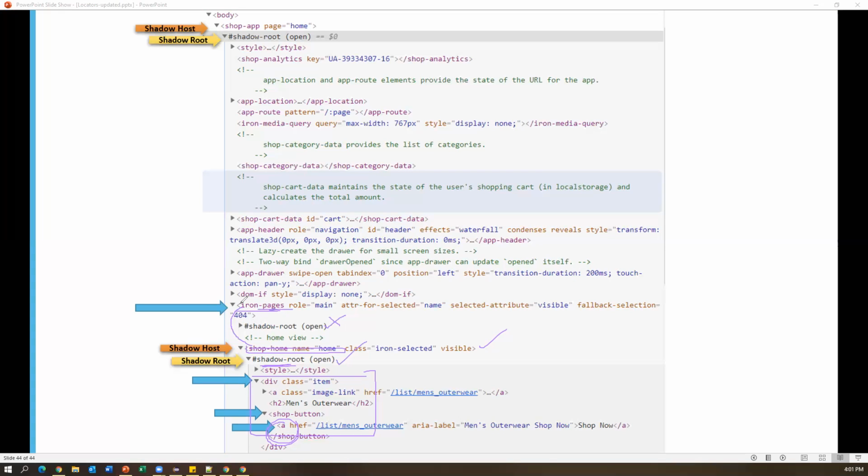Now again, if I look at this, the iron pages tag is a part of this particular shadow DOM, because this is one element, this is another element. These are all different elements in the top shadow DOM here, and this iron pages is also part of the shadow DOM here. Now if I look here, this is the main shadow DOM which we have to extract